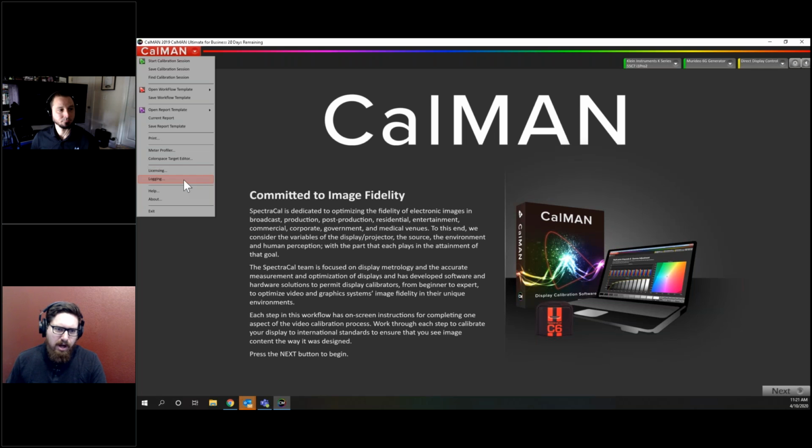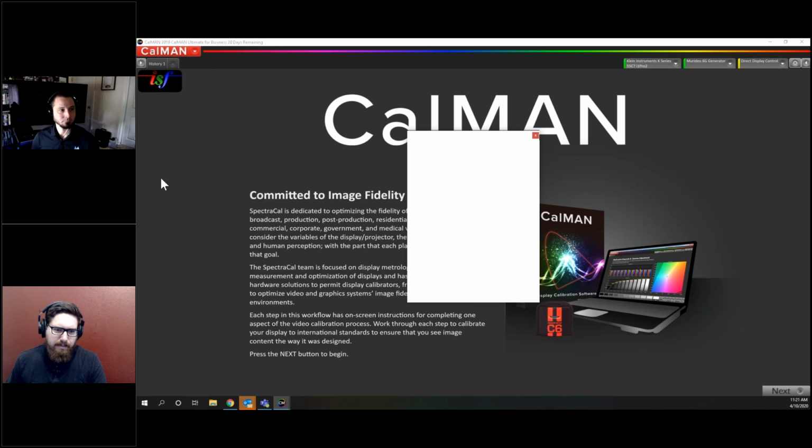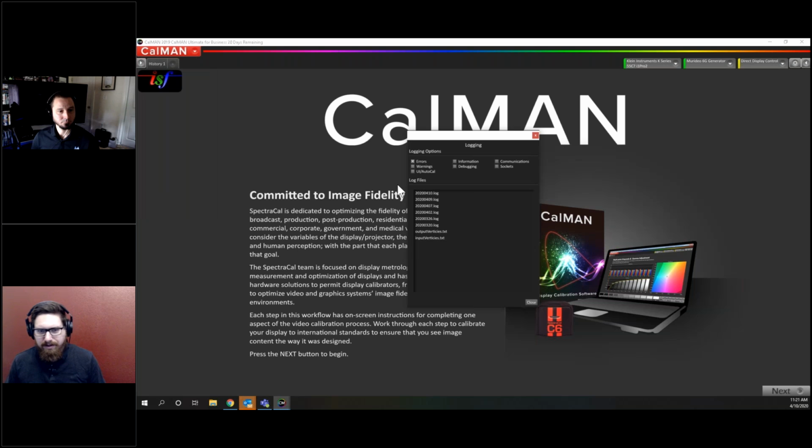Cool. The logging menu. So let me open this up. It just pops up. So if you ever have a problem with CalMAN or you get a crash somewhere and we ask you, hey, can you send us a log file? This is where they're located. Now, by default, we don't log very much because we don't want to fill up your SSD with a bunch of log text files of every single measurement you've ever taken. But